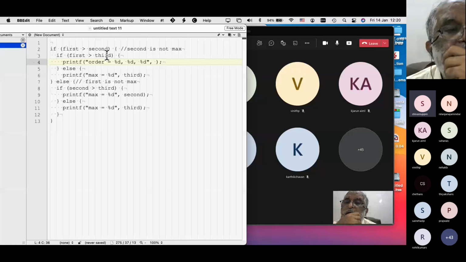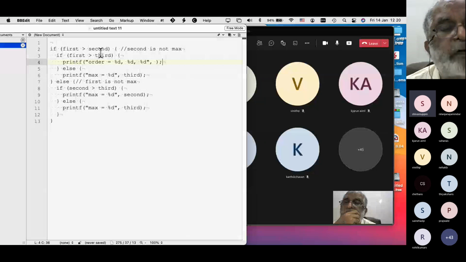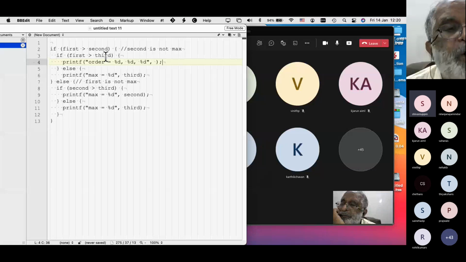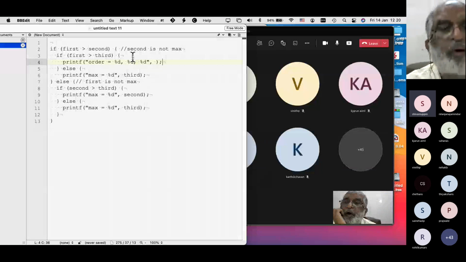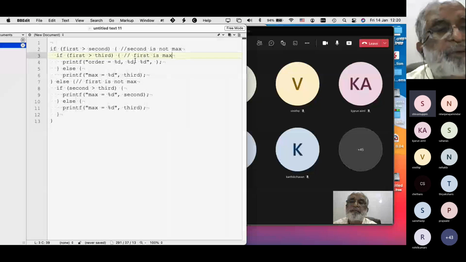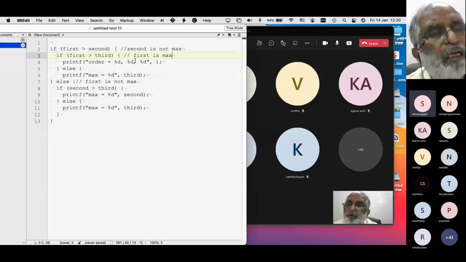But you do not know whether third is less than second or second is less than third. At this point, I only know first is max, but I do not know which is the smallest. Is second the smallest or third the smallest? Only then can I put them in order.